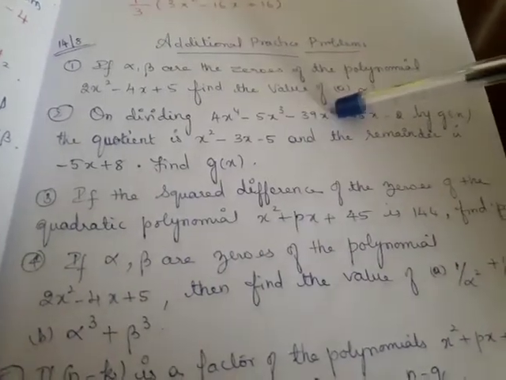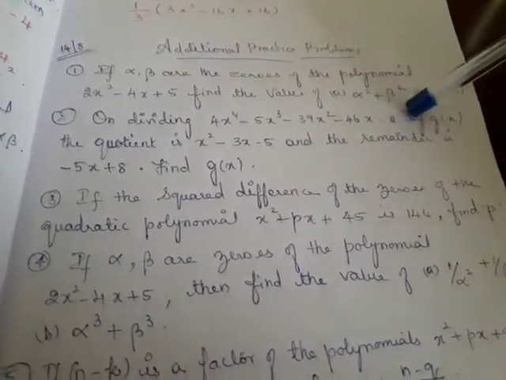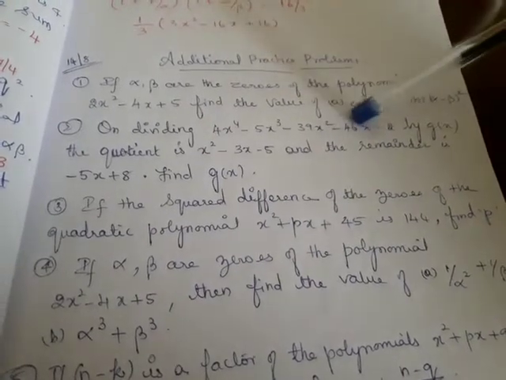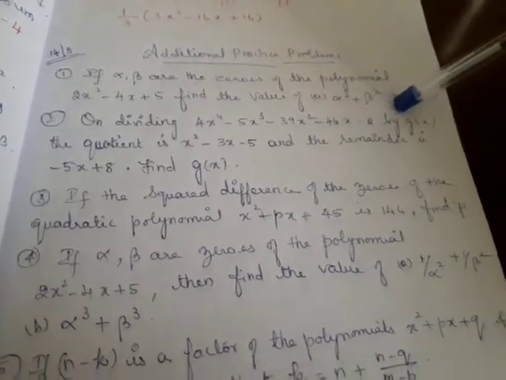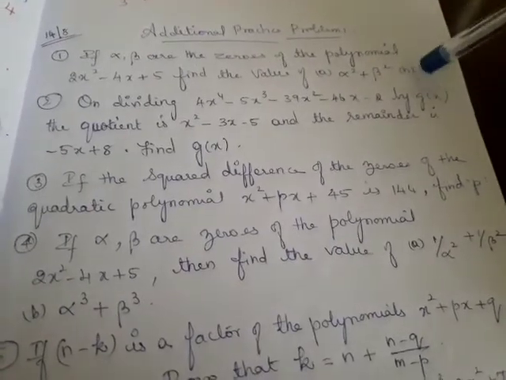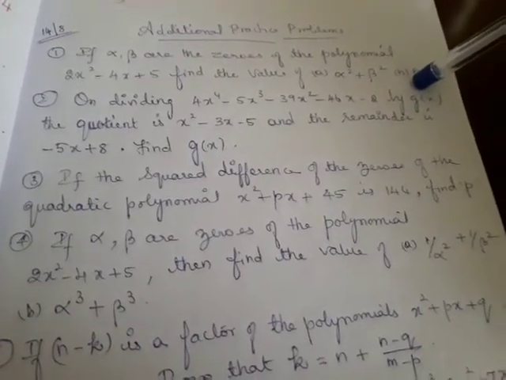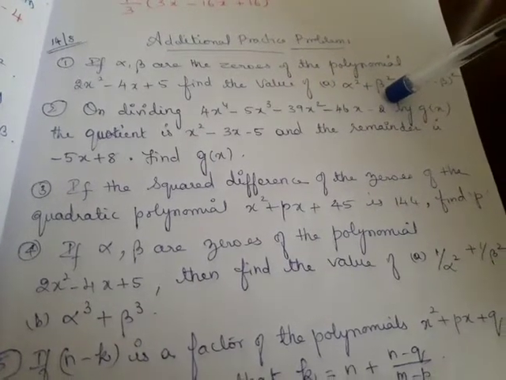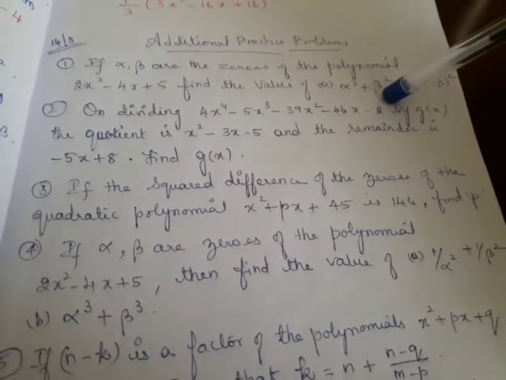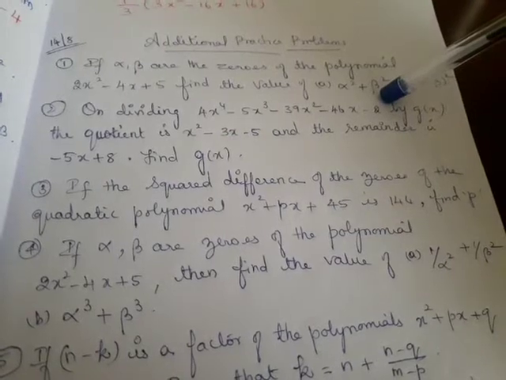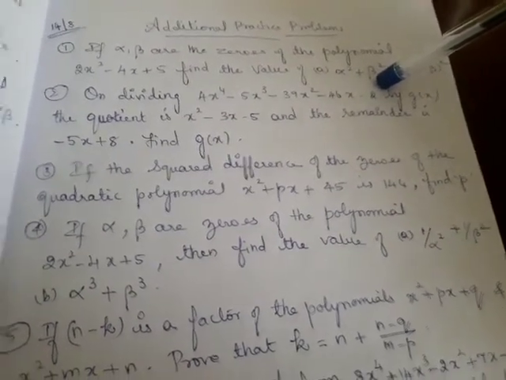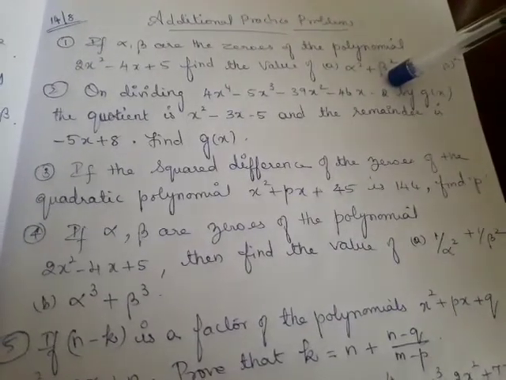So here they asked you to just find the value, so just find the value, and remember alpha square plus beta square is not equal to alpha plus beta the whole square. I told you while solving problems in yesterday's class also. So what is alpha square plus beta square? a square plus b square is a plus b the whole square minus 2ab. Right? Remember, this is not equal to alpha plus beta the whole square. Simply don't substitute that value.